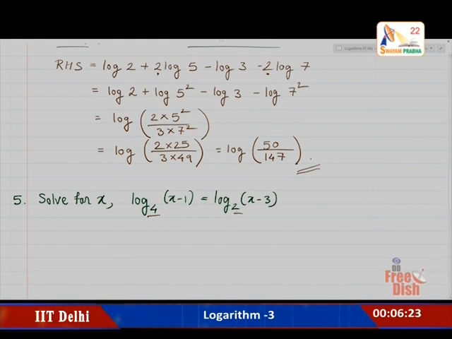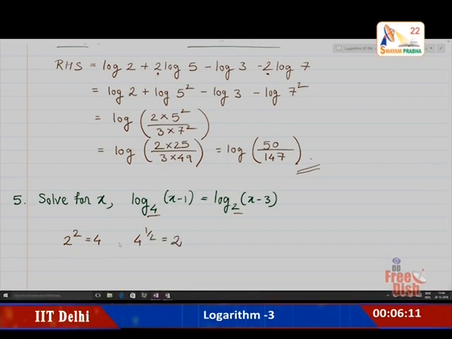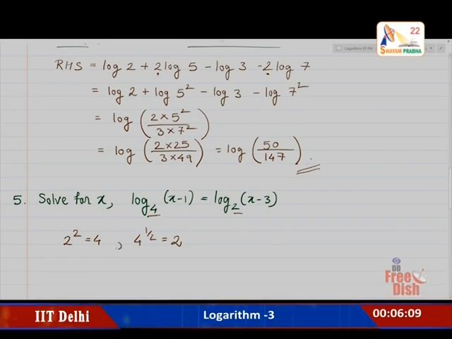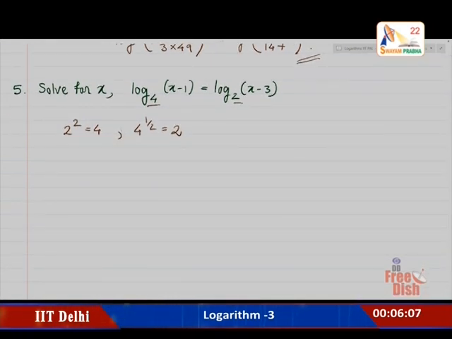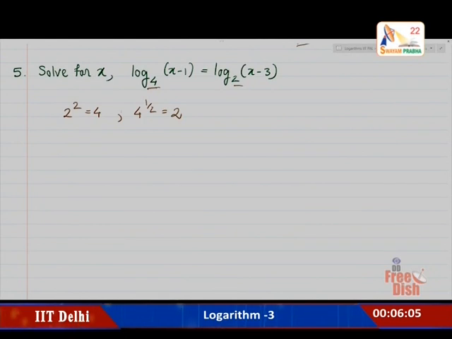So, if you notice, the 4 and 2 have some specific relation, that is 2 square is equal to 4, or 4 raised to half is equal to 2, right. If we are using change of base property, then we have to exploit this relationship in a proper manner. So, change of base property says that if you have